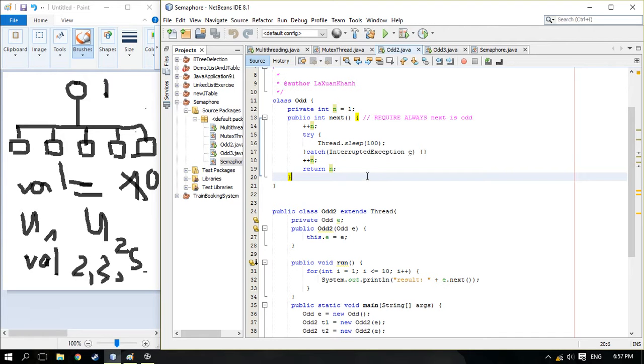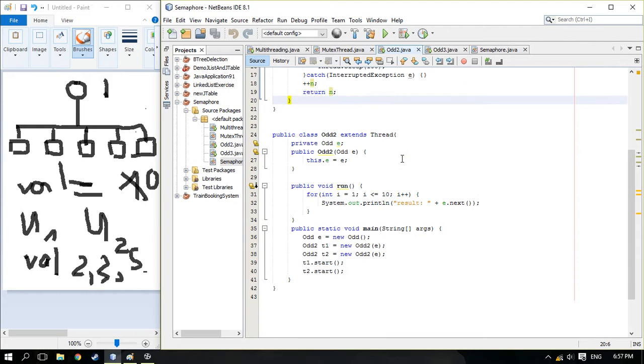He claims that it will run fine, and it will be the first 1, next 3, next 5, next 7, and so on, and he says he's done. Now see the